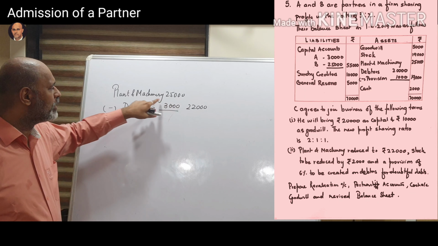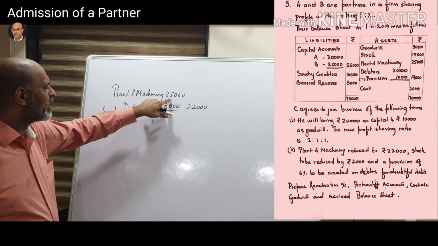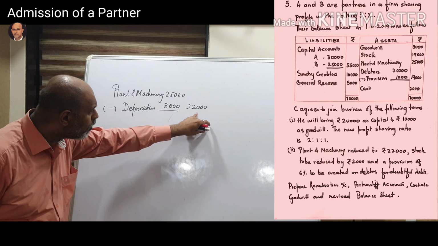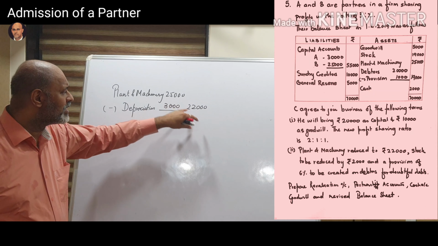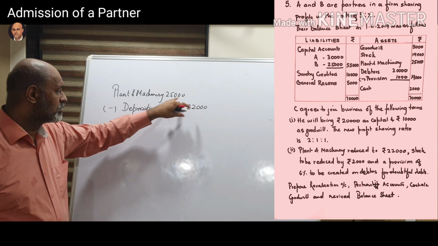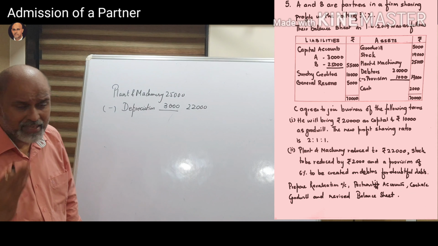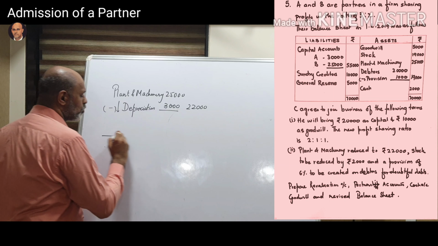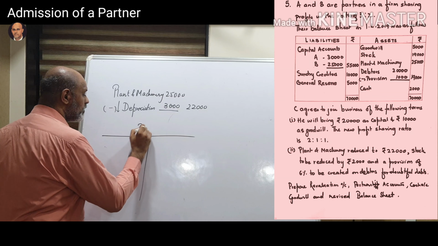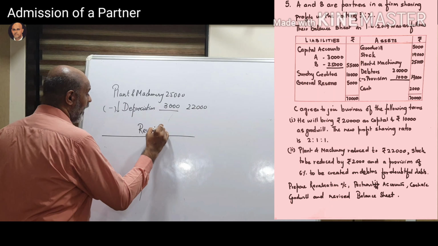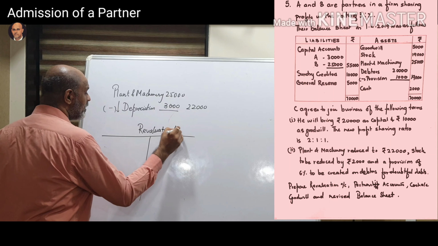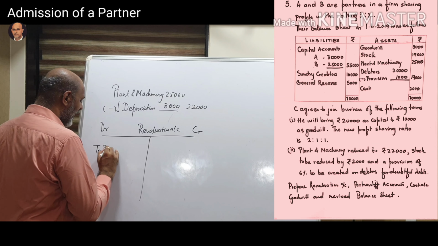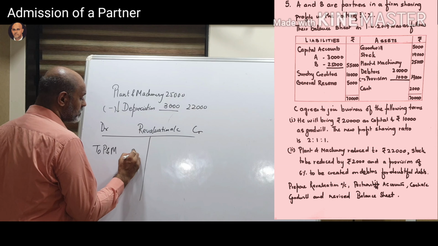Okay, so what do I do here? यहाँ पर मैं क्या कर रहा हूँ, जो प्लांट एंड मशीनरी का जो वैल्यू है वो 25,000 है और जो नया वैल्यू है वो 22,000 है. जो 22,000 के लिए 25,000 से हम लोग को 3,000 लेस करना पड़ेगा, कम करना पड़ेगा, और ये जो वैल्यू कम हो रहा है वो डेप्रिसिएशन है. सो आपका जो रिवैल्यूएशन अकाउंट है, आप डेबिट साइड पे डाल दोगे. You will put it on the debit side of revaluation account as To plant and machinery 3,000.